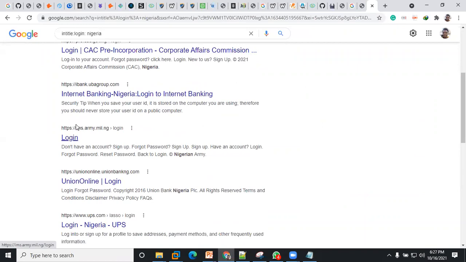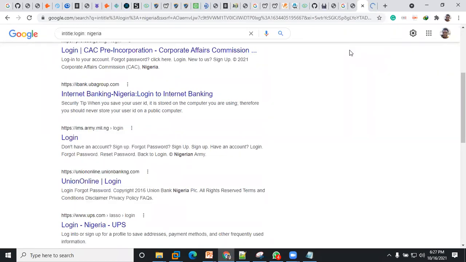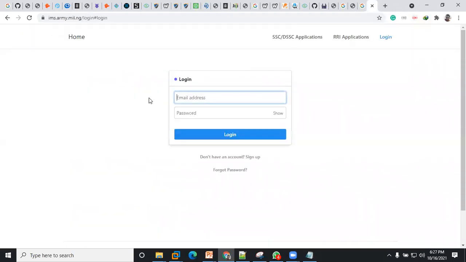Then let me open one of these. Hope you guys can see my screen. Yes. So this is showing us all login pages. For example, if an attacker wants to carry out an SQL injection attack, he will use Google Document to look out for login pages.